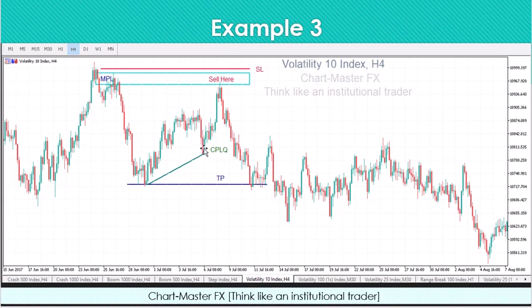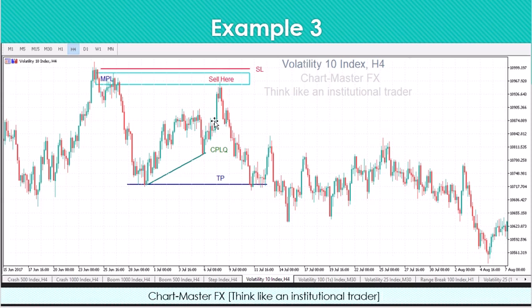Once it went down here, we can see that the price made an impulse move to the MPL area, and once the impulse move occurred, the price dropped. So what you do here, this was a type of compression as well, where before the price makes a liquidity pull, the price makes a correction first, then it makes an impulse. So that's another type of compression, but we are not going to go deeper on those types of